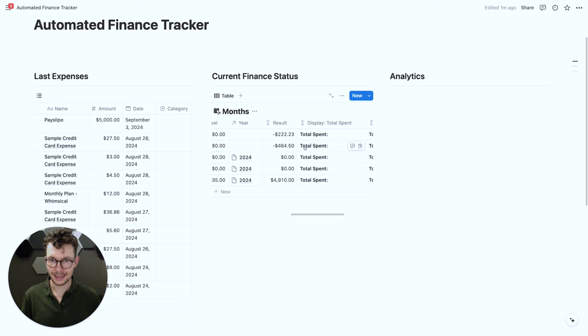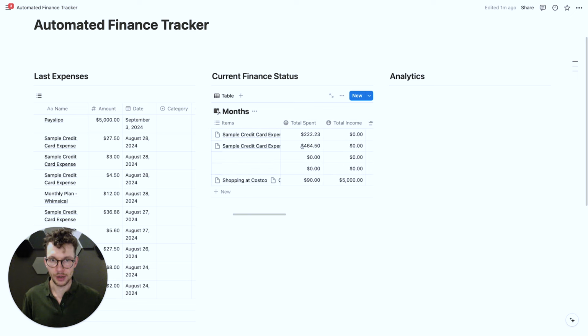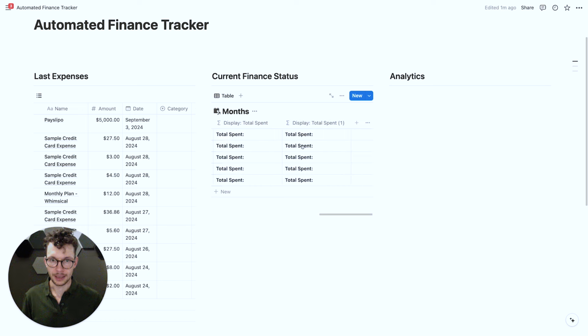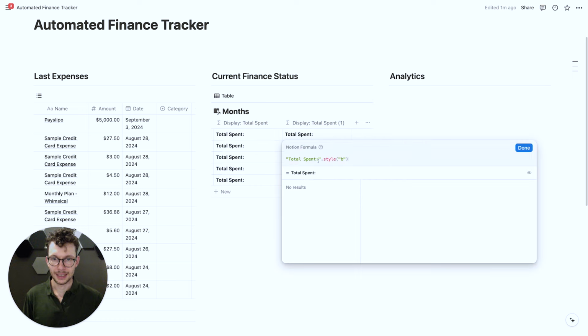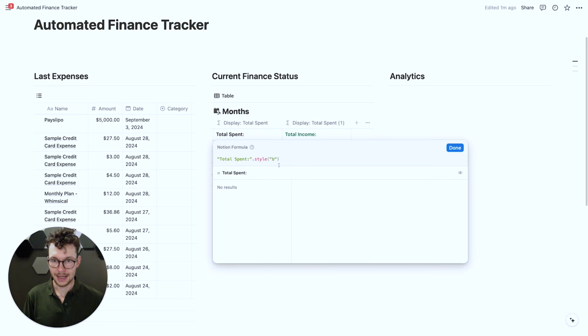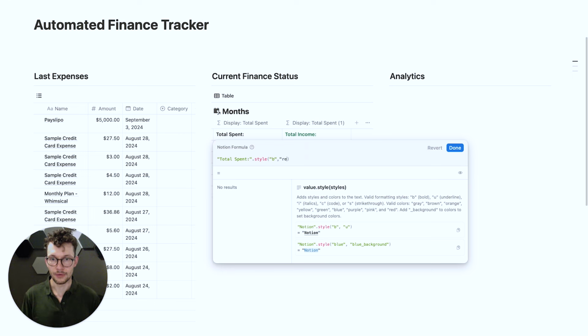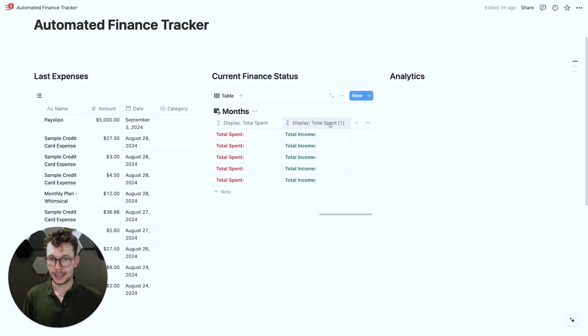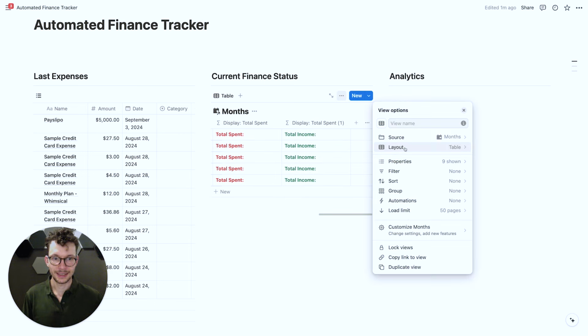So we have this, and then I want to see maybe also my total income. Sure. So let's take our duplicated property here and call this total income. And actually, in order to make this a bit more colorful, let's have our income in green and our spend in red. Perfect. Now, what we can do is go in here and say, okay, layout,